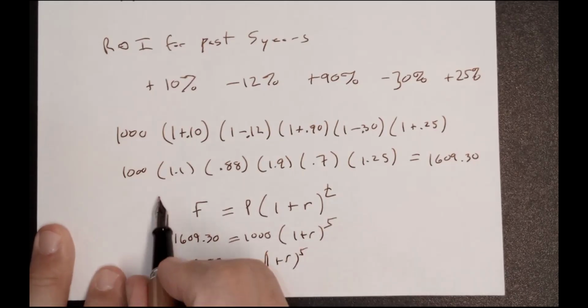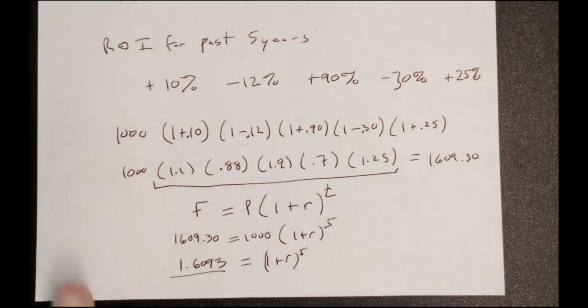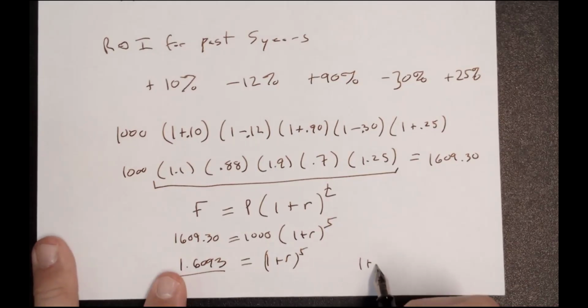But this number is the same as if I multiplied all of those together without the 1,000, right? And then I'm taking a fifth root. To get rid of this fifth power, I get 1 plus r is the fifth root